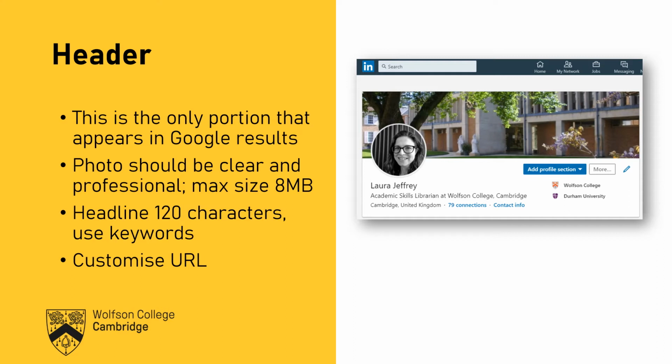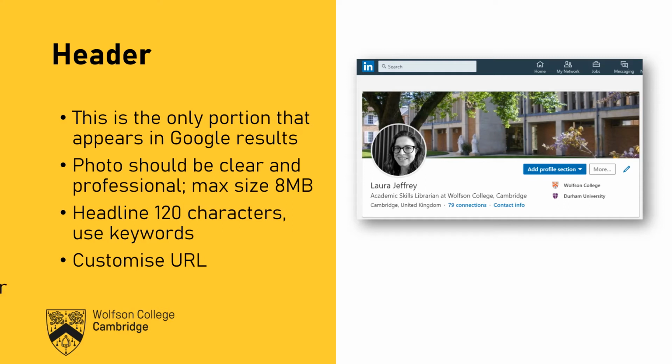But you can customize that to use particular keywords to help others find you. You could list skills or little projects in there. It's very limited. You've only got 120 characters, so you're going to have to use keywords. But this could be your opportunity to make something snappier. And it's really important to think about what you put on there because this is the only portion that Google will return on a search results screen.